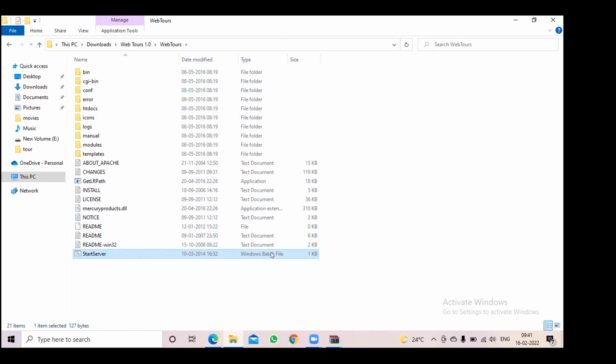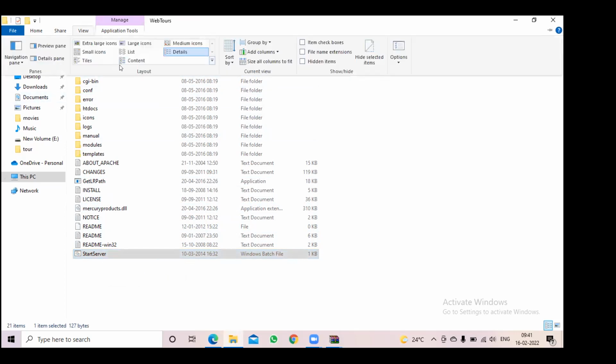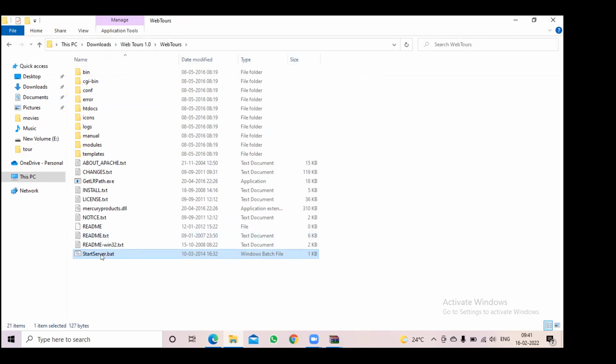This is basically a Windows batch file. If you want to see the extension, observe here, you are not seeing file name extensions. Go to View and select file name extensions. Now you see start server.bat, readme.txt, notice.txt, and all this. Right? Yes, sir. So this is what is meant by extension. When I say file name extension, this is what I mean.